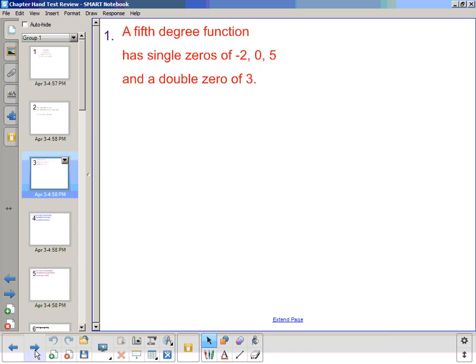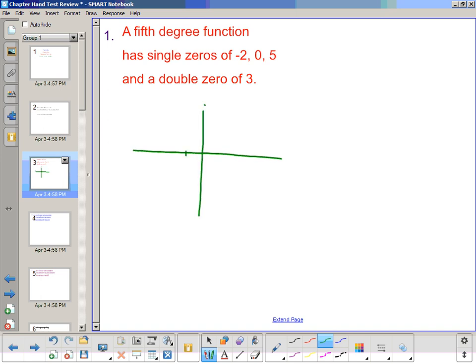Okay, for the first one, I'm going to do a sketch quickly. We have zeros at -2, 0, and 5. And then we have a double zero at 3. And it's a fifth degree polynomial function. And so it could be